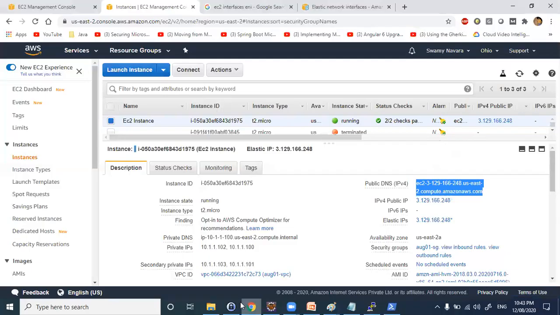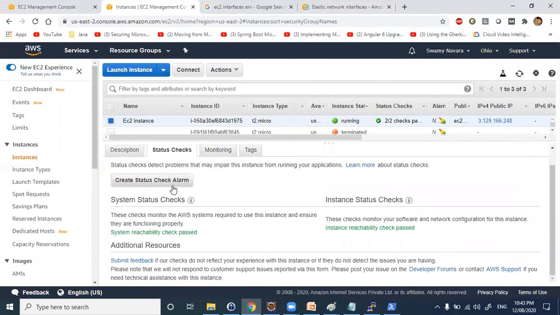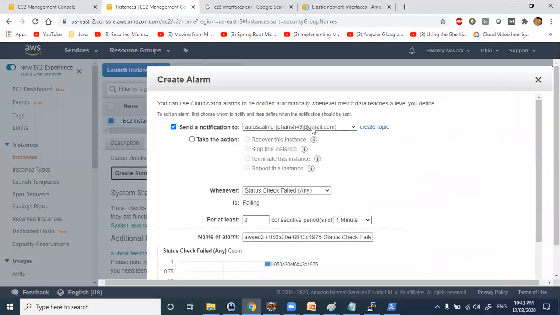So what are other things here? If you see here, we have statistics. These are alarms. For example, if your instance is stopped, if you want to schedule an alarm, or if your instance is restarted, or if your instance is terminated, you can send a notification. For example, you can create a topic here. Already for auto scaling labs for earlier batches, I have done some alarms here. Like this, you can select options.